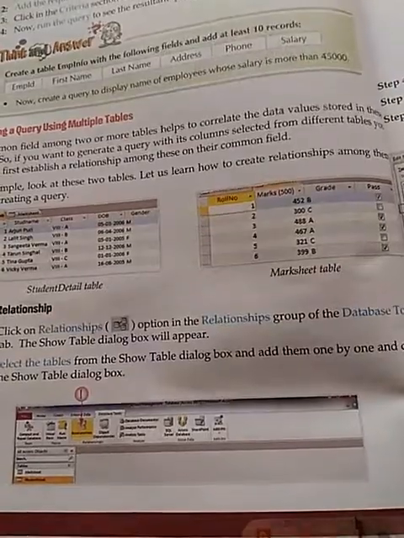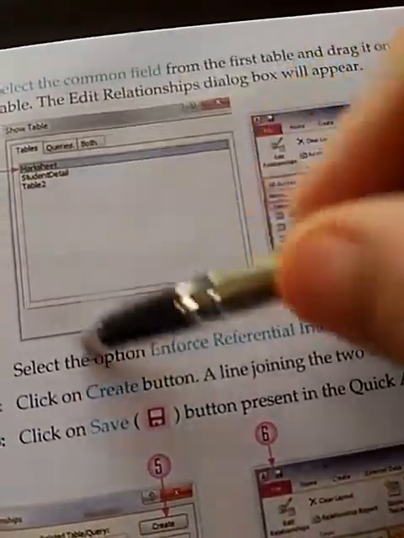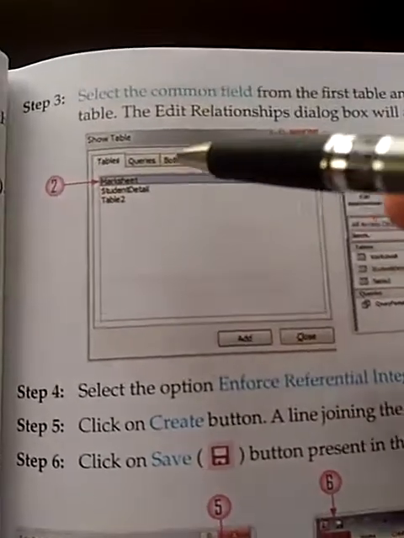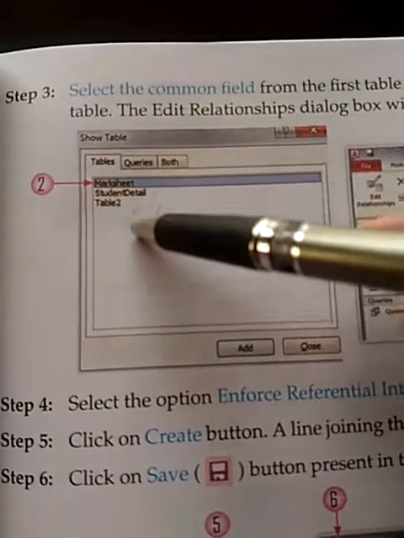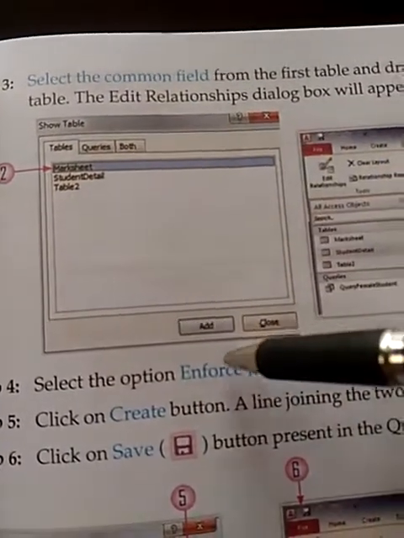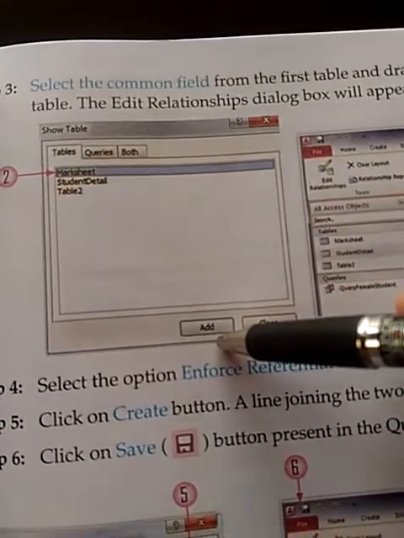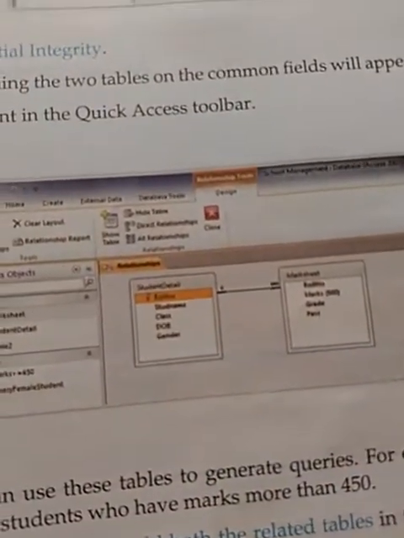After query design, this box will appear. This box will show the names of all the tables which are present in the database. Just select the table and click on the add button. As soon as you click on the add button, both the tables will appear in this working area.